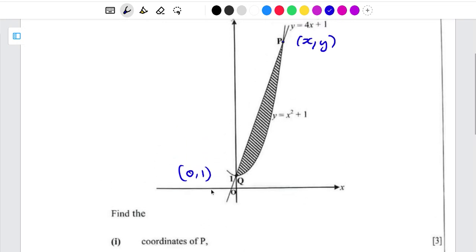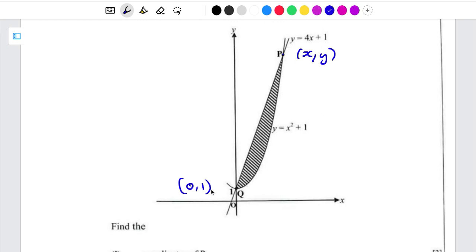So what we are going to do here is that when two lines are intersecting at one point, let's say we have this line here as well as this line here, when they are intersecting at this point here, they are going to be equal to each other. So what I mean is, this line here which is straight and this line here which is making a curve, they are equal to each other at this point, which is point P. So at point P